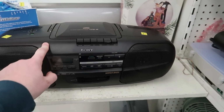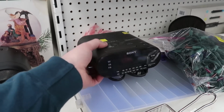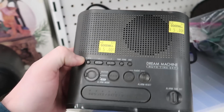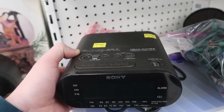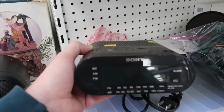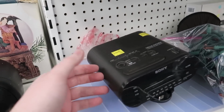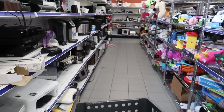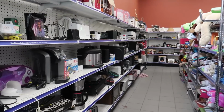Look at this little Sony boombox, $8, and a Sony Dream Machine for $5. These have actually dropped quite a bit. I used to sell these Sony Dream Machines all the time. I don't know, $30 or so, and now they're going for sometimes under 20. So I'm probably gonna leave that behind, but we're gonna keep taking a look down here and see if we can find any cool